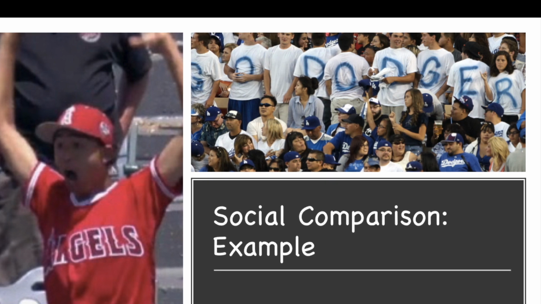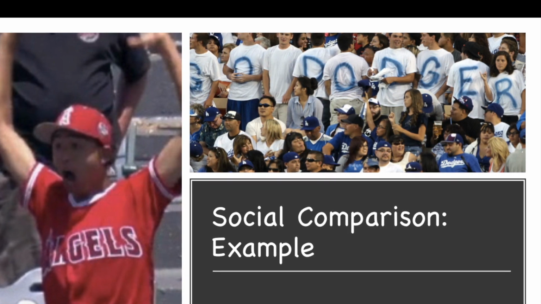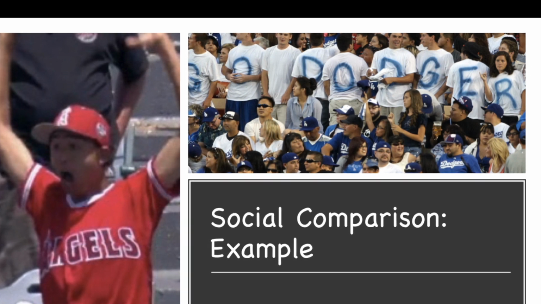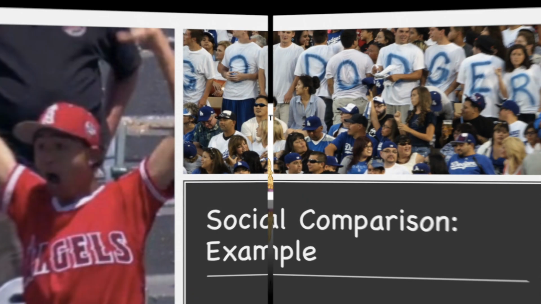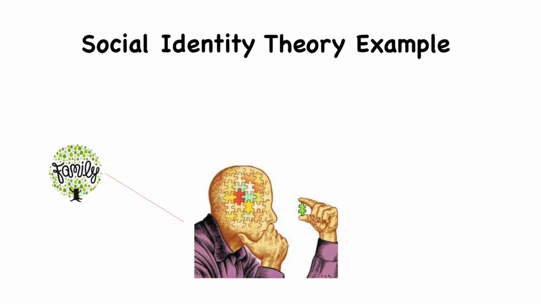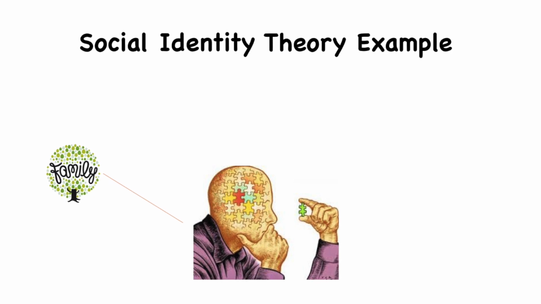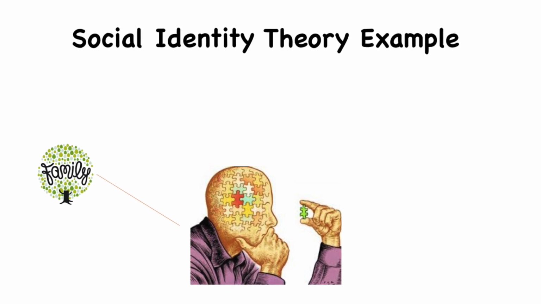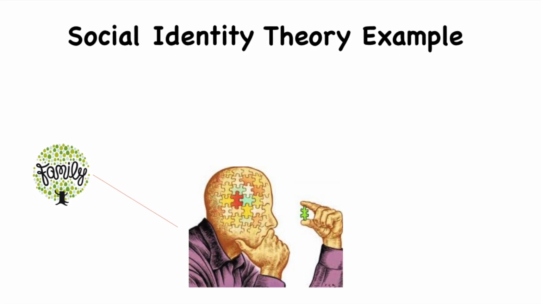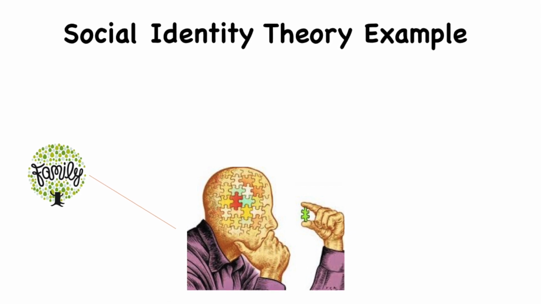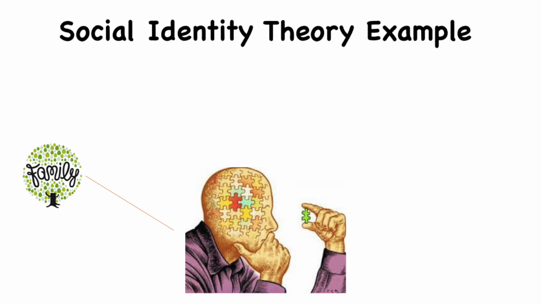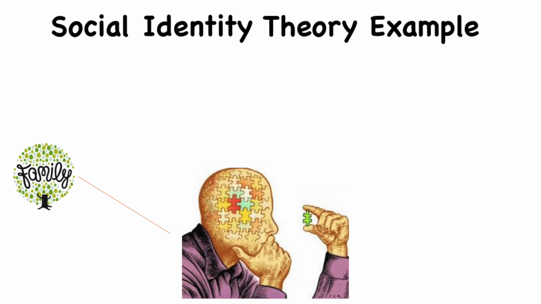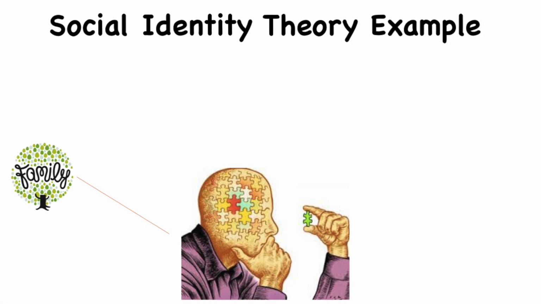So now that we've gone over the 3 stages that create the in-group and out-group mentality, let's apply social identity theory to a real-life example. As mentioned earlier in the video, an individual can belong to and associate themselves with many different groups. For example, one of the first groups you belong to and plays a big role in shaping the person you are is your family. They are the core essence of shaping your identity through norms, rules, values, and expectations.